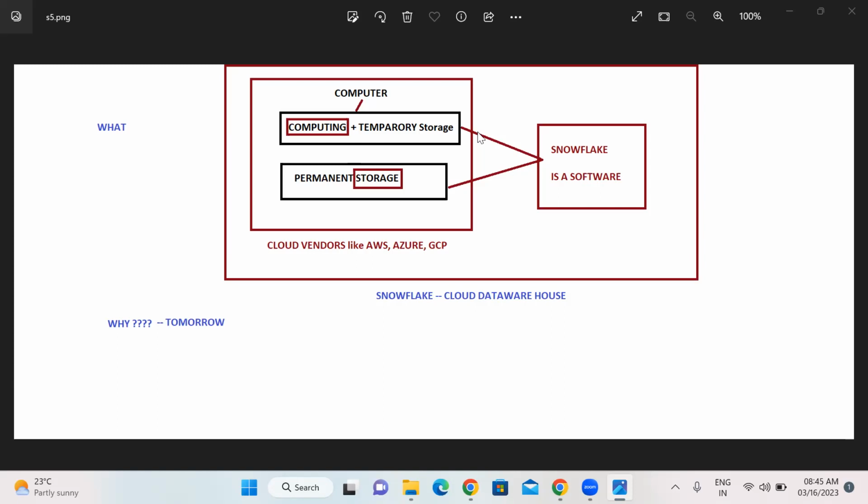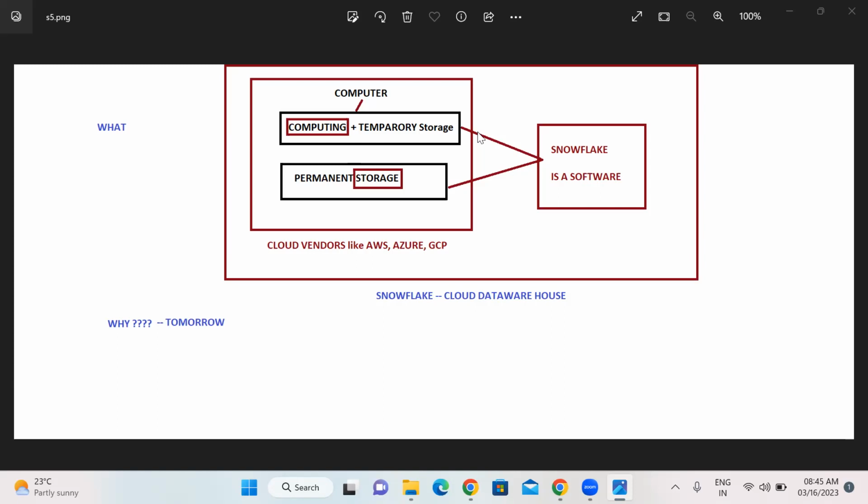Here, if I ask you to tell alphabets, you are telling A to Z. How are you telling? Why? Because you are storing them in permanent storage. You are storing alphabets in your permanent storage. So you know it by heart. That's why every time if I ask, you immediately tell the alphabets and numbers also.